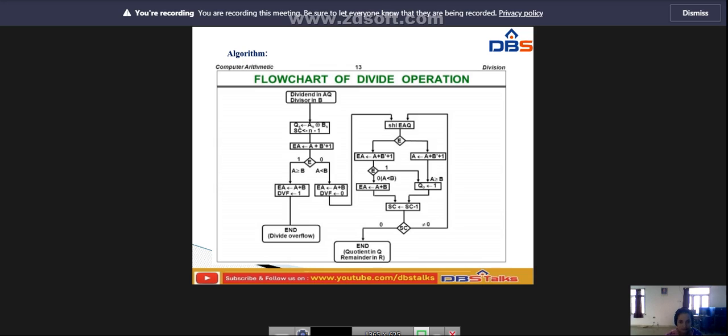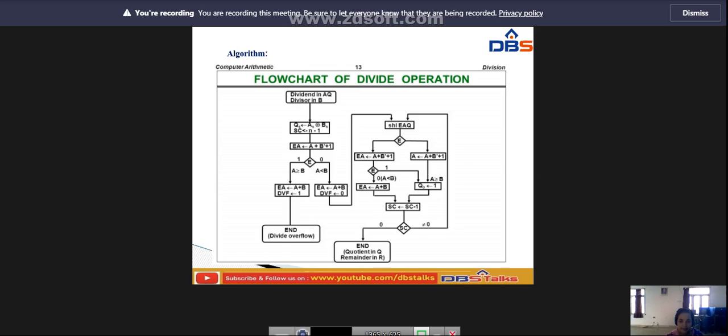So if I am using the exclusive OR between the coefficient AS and BS, sequence counter n minus 1, and EA is the register. I am using A plus B complement plus 1. If register E is 1, the condition A greater than or equal to B is taken, and if it is 0, A is less than B.